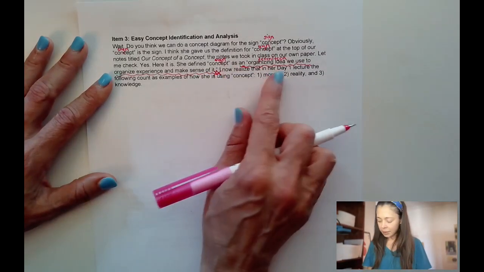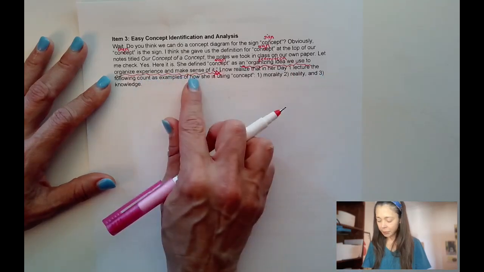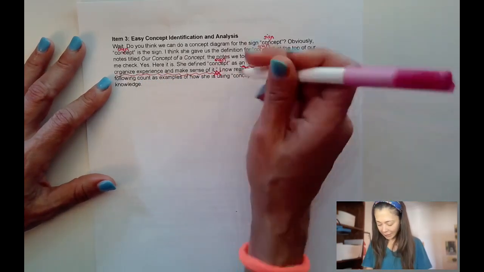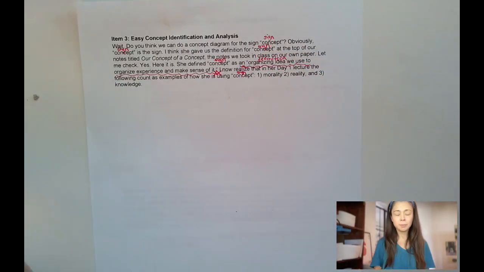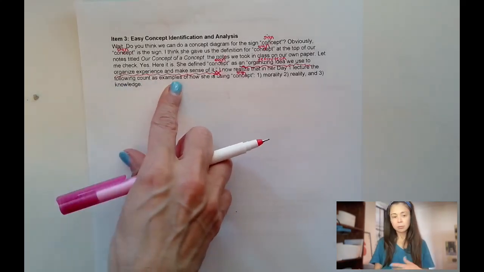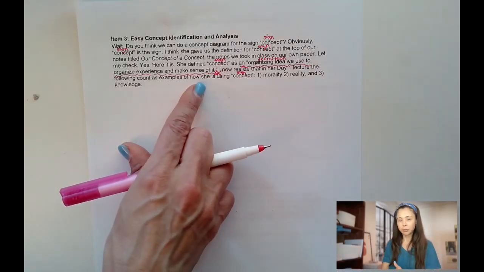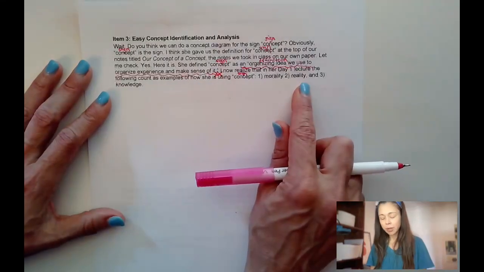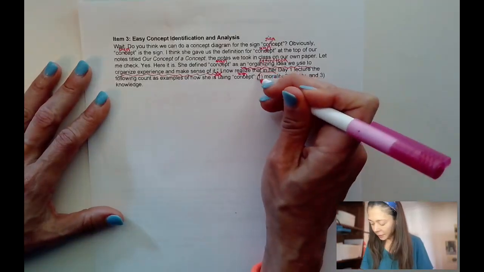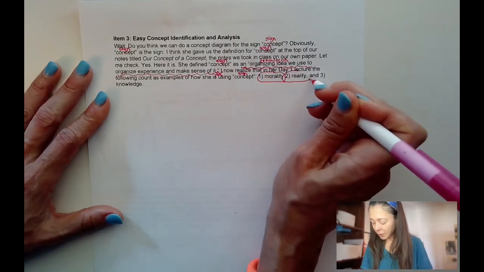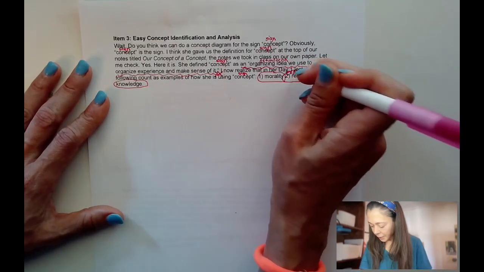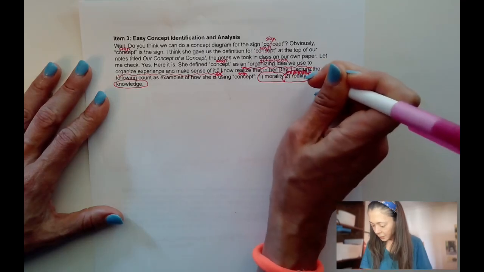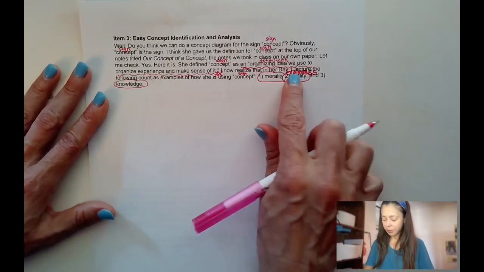I now realize that in the day 1 lecture, the following count as examples of how she's using the sign, right? They're talking about how I use that sign, but they themselves are not using that sign in and of itself. But now we see that they're really being explicit about the fact that they're about to give examples, right? So then the examples, there's 3 of them. So morality is an example. And notice how they're enumerating them, numbering them, and then knowledge. So those are the examples. So I'm just going to write examples in capital letters to make it stand out a little bit more. Okay, so that says examples right there.